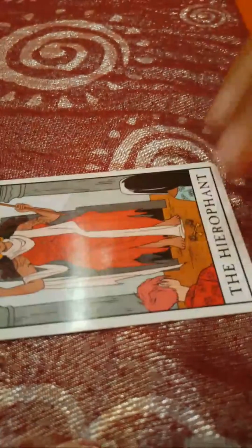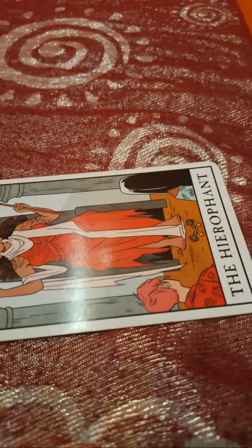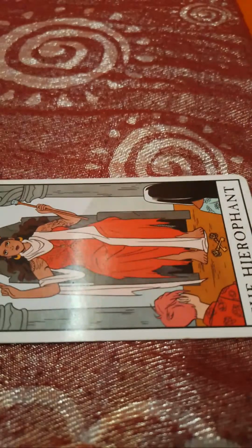So let's take a look and let's see how this person looks for my butterflies. Okay, so we do have the Hierophant card. So I was picking up that energy that this person, I'm hearing they may look expensive, they may smell expensive, and this doesn't have anything to do, sorry, with their smell, but I'm picking up Taurian energy. And this individual could be a Taurus Sun, Moon, Rising, Mars, or Venus,